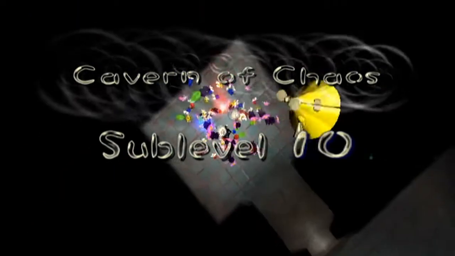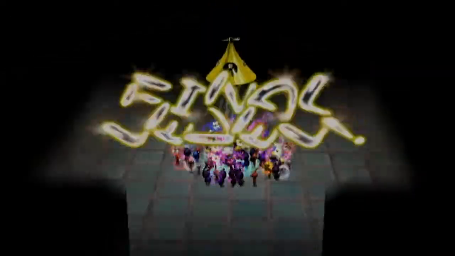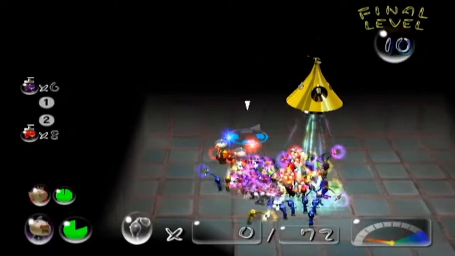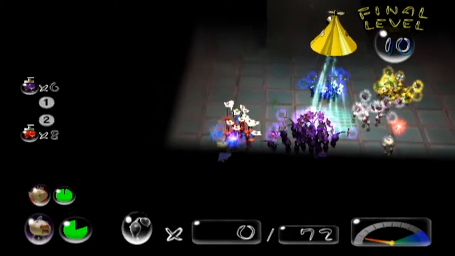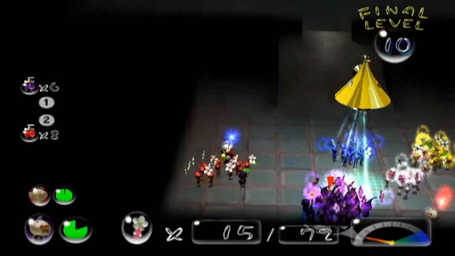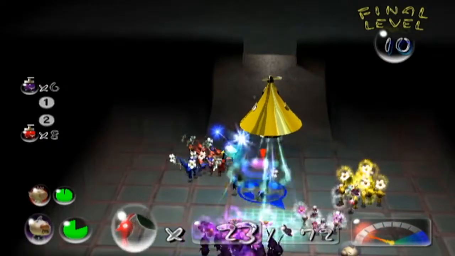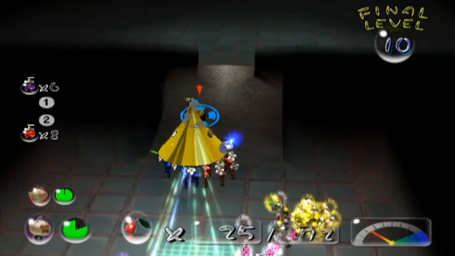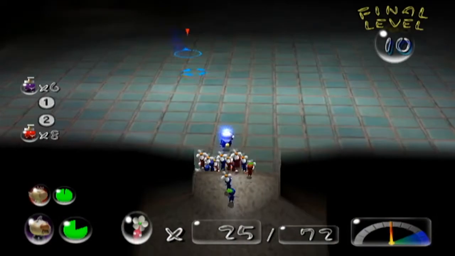Now, the boss of the Cavern of Chaos is everything you would expect. It is insane, this fight. It will be over very, very quickly, one way or the other. You basically take a small number of Pikmin with you. 15 reds? That's not quite enough, is it? I'll take some reds, and I guess I'll take my blues as well. I can handle losing them. Don't take more than about 20-25 Pikmin. Trust me, I've got a lot of farts, and I'm going to need them. Introducing...